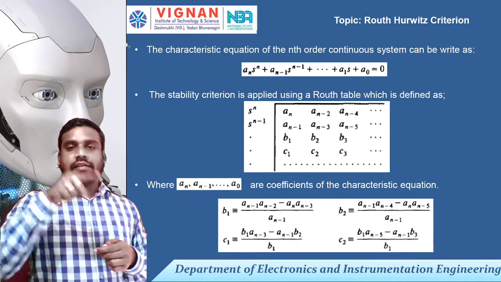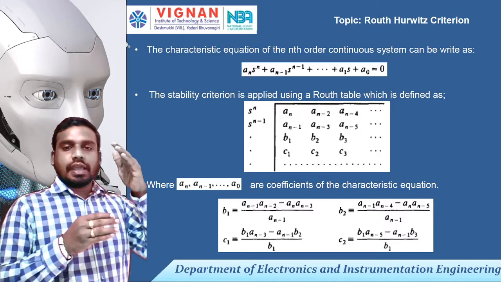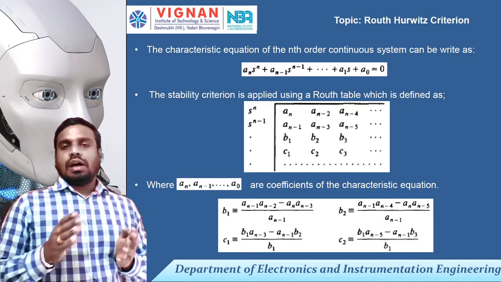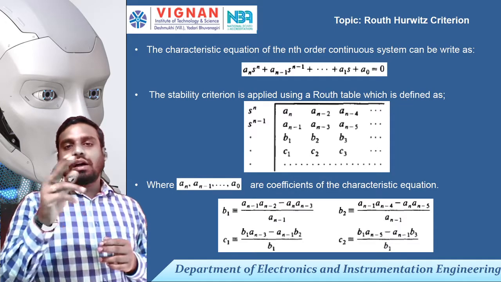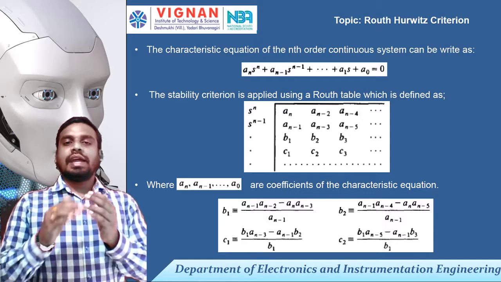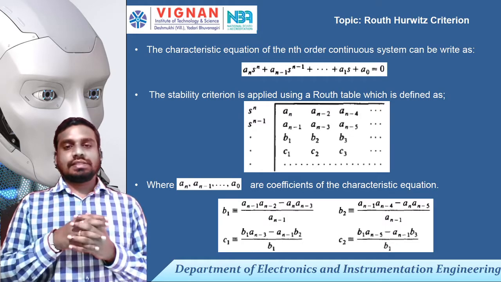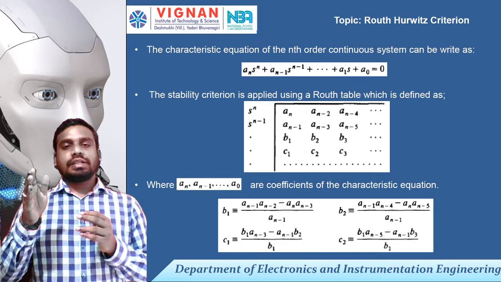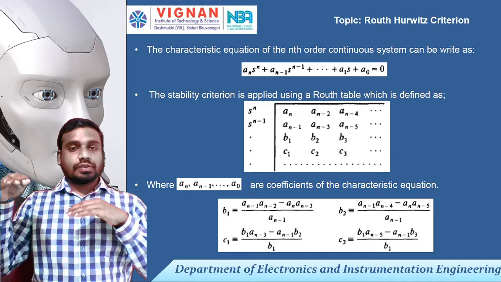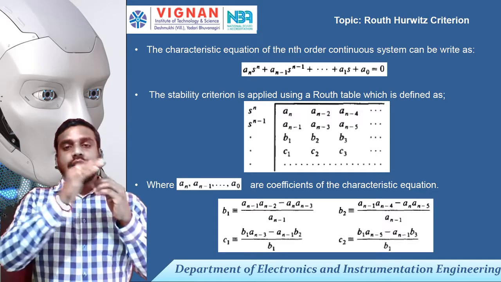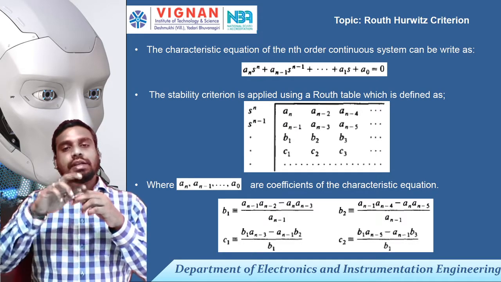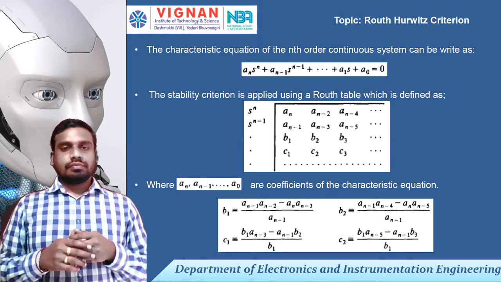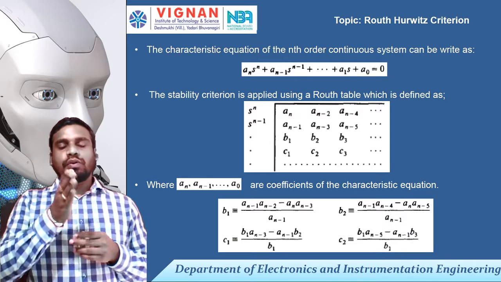You have to go in a zigzag way. An minus 1, an minus 2, an minus 3, an minus 4, an minus 5. Or actually, we can simply skip one coefficient and write it as a sequence. Consider the first row: write an, skip an minus 1, write an minus 2, skip the next element, write the next element again, right? Like sequentially we have to write, eliminating one coefficient at a time.